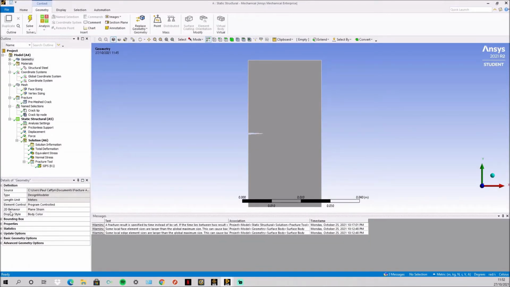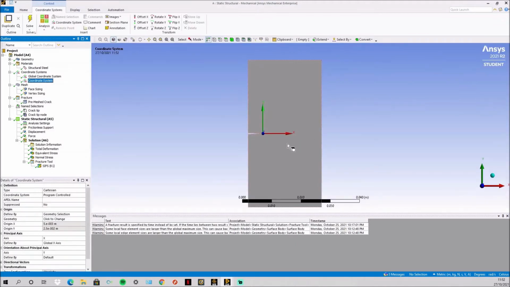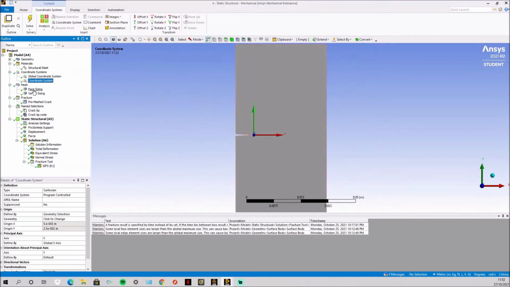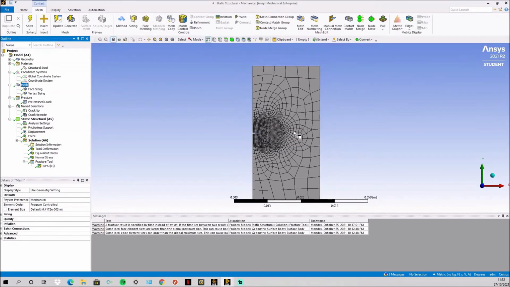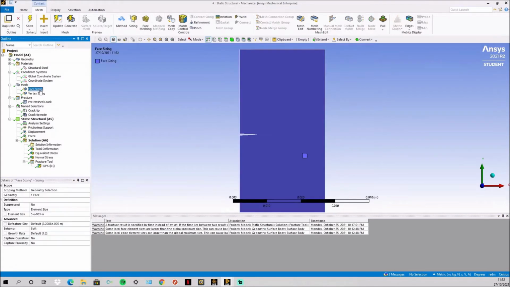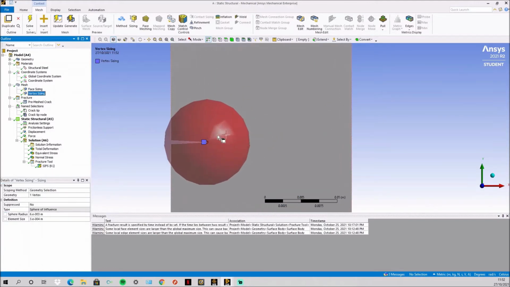First of all, we make sure the 2D behavior is plane strain, and then our material is structural steel. We then create a new coordinate system at the vertex right at the tip of the crack, and then we apply this mesh. As you can see, this is an unstructured mesh, because of the crack it can only be unstructured, and this is completely different to the structured meshes I've created before, as it needs to be refined around the crack. First, just a simple face mesh of 0.05 meters, and then a vertex sizing,